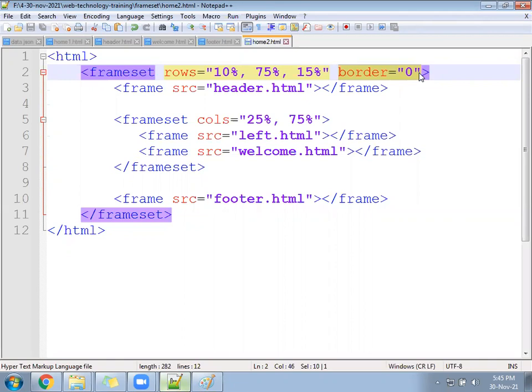Where are these files? The previous page was working. Welcome here, footer here, header here.